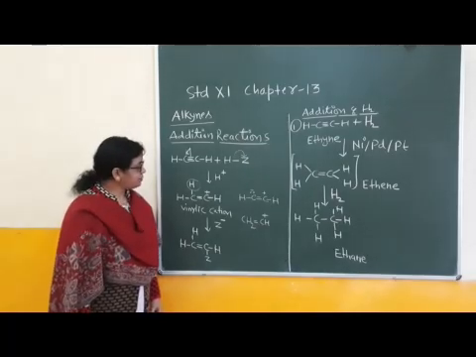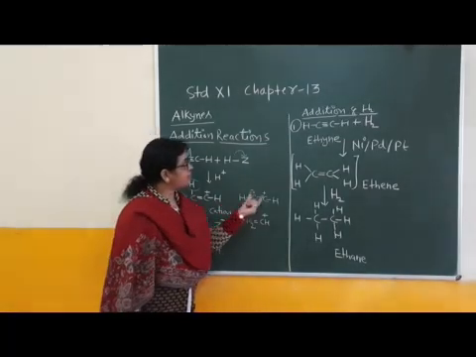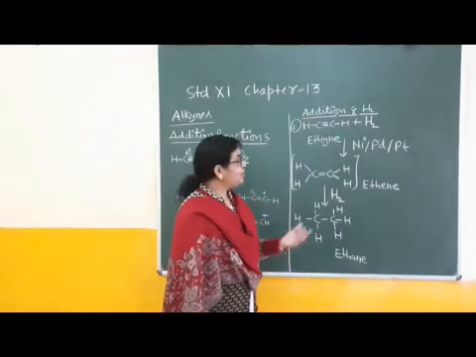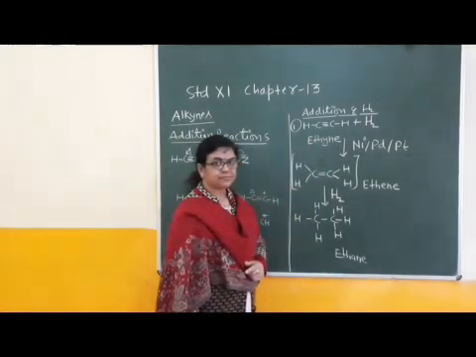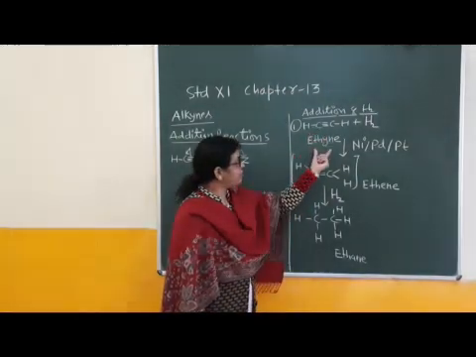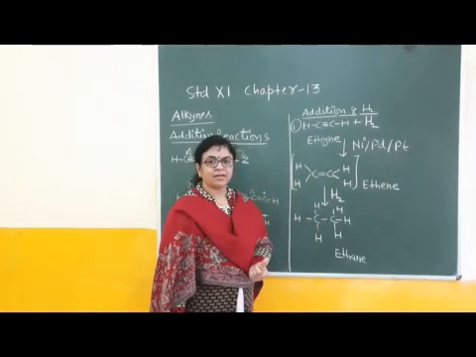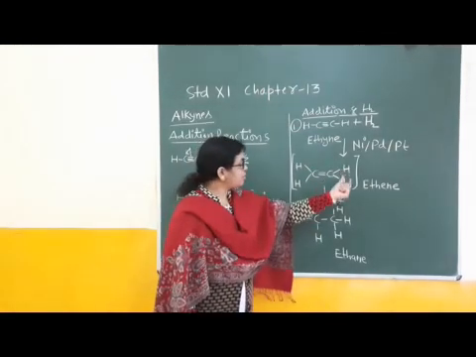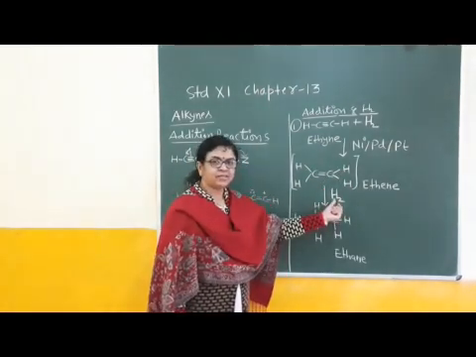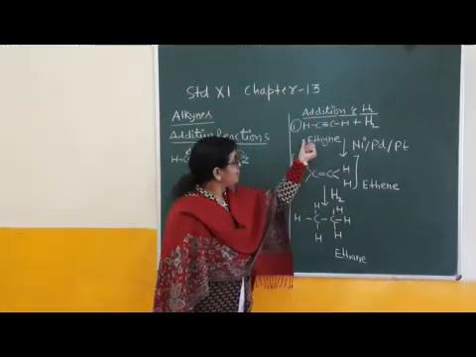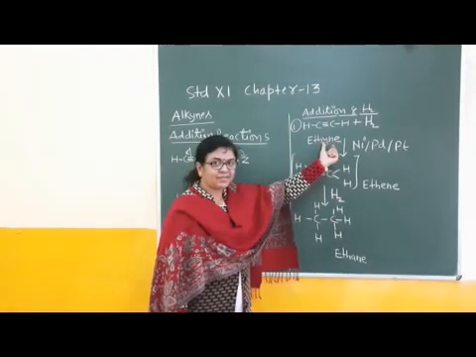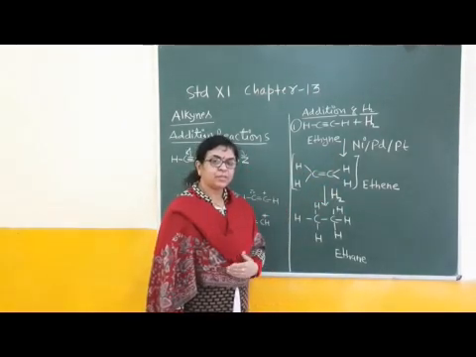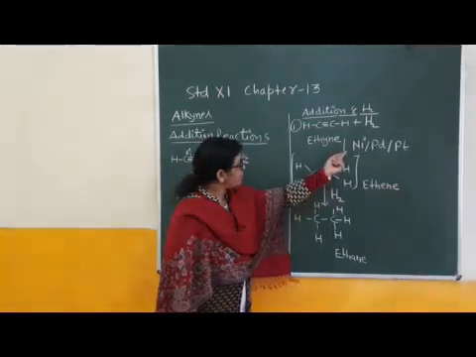Right? Now children, an example of addition reaction: addition of hydrogen is also known as hydrogenation. Addition of hydrogen to ethyne. The first member of the alkyne family is ethyne, in the presence of a catalyst like nickel, palladium, platinum. Then what happens? Hydrogenation, this H2. This is only to differentiate this hydrogen from the hydrogen atoms which are already present in ethyne. Right? This pink color hydrogen is showing dihydrogen. It means hydrogen gas.